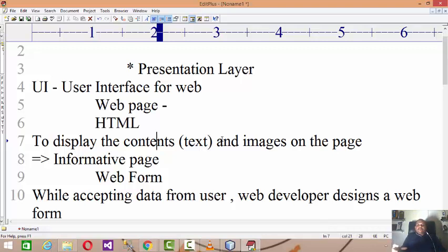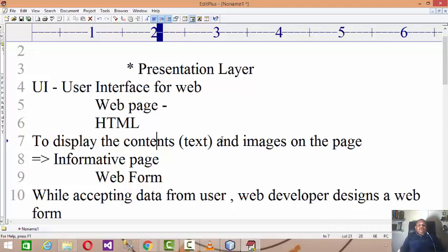The home page consists of details about the organization, the services they are offering, and the entry-level, elementary things about that organization. So it may display certain images, certain text and so on.